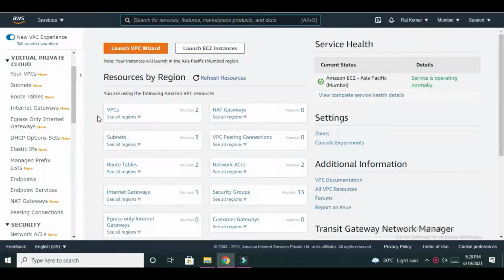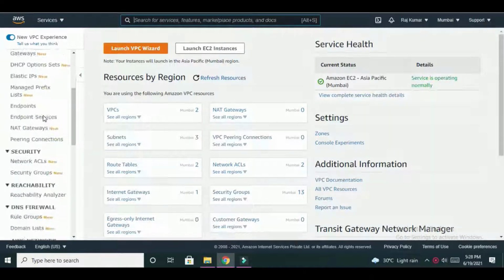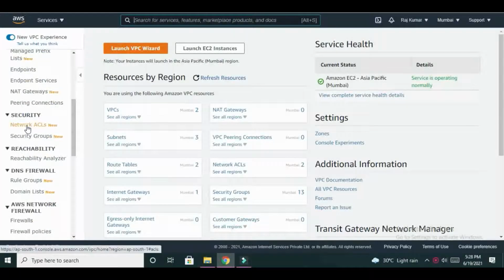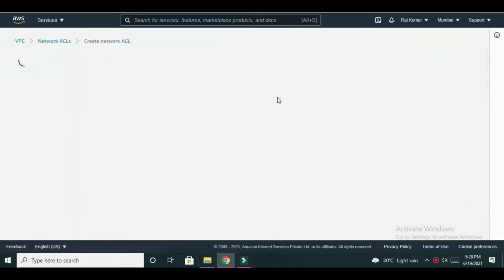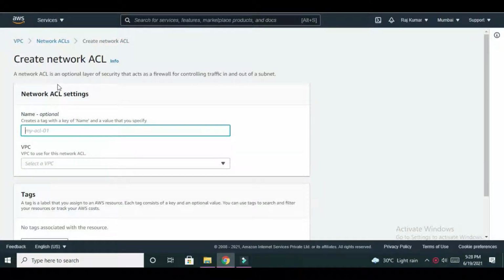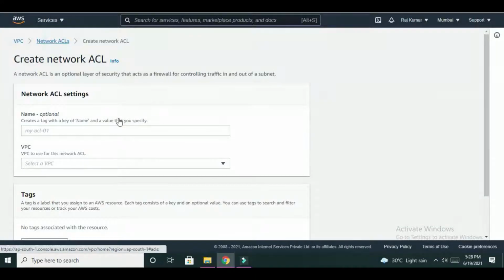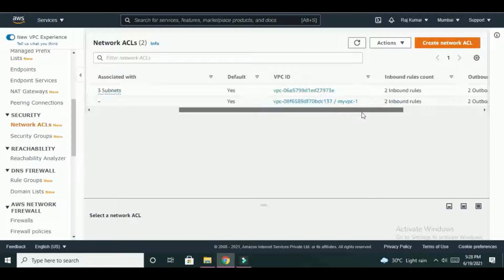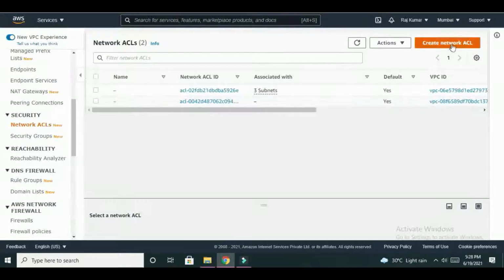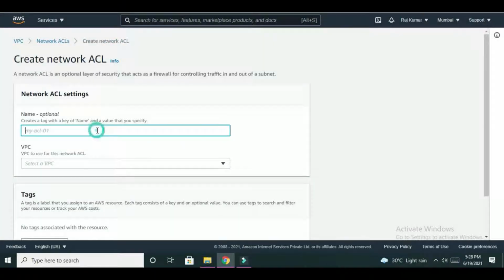To get it, we have to sign into the AWS Management Console, then click on the Virtual Private Cloud service from the Network and Content Delivery service, and in the left-hand panel we can see Network Access Control List and Security Group. So click NACL. You can create a NACL, or we can use the default NACL available here. These are the Network Access Control Lists already created, or we can create our own NACL.